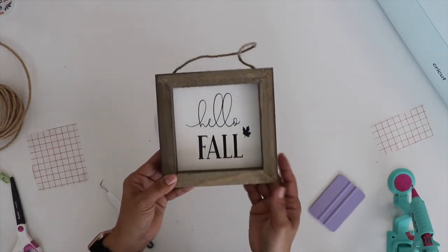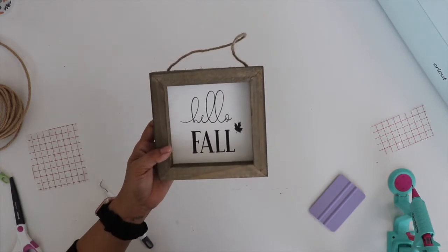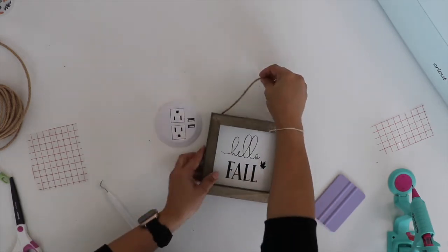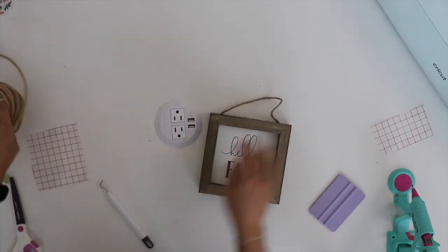There's that one. How cute. And I'm going to hang this on my little island. I do have cutting boards on the side, so that's where I plan on hanging this one. And I think I'm going to leave this one. I was going to cut out this one, but that color matches a little more, so we're going to just leave that one